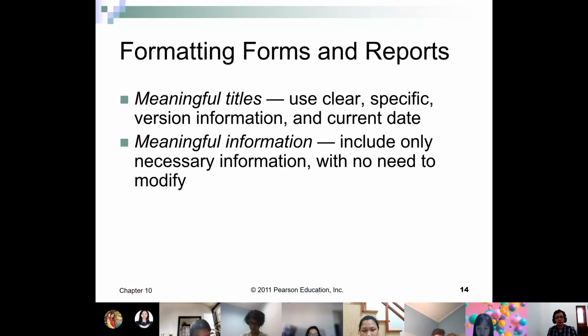Then how we format the forms and report. First, it has to have meaningful titles. So at the bank, for example, you will not be confused between the withdrawal form and deposit form. And if you look at many banks, they will give different colors for their different forms.